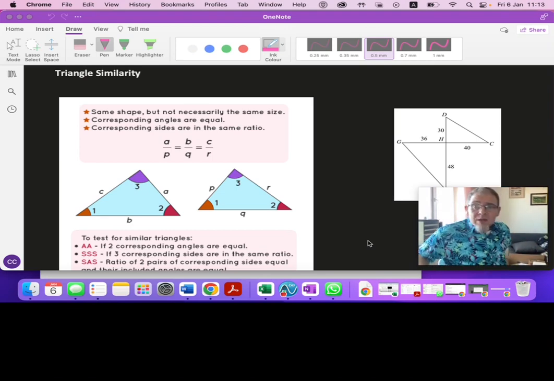Notice that when we were doing congruent triangles, angle, angle, angle wasn't one of our options. We always had to involve a side as part of our congruence proofs. Similarity is not the same. Two triangles can be similar if their corresponding angles are equal. Similarly, the side lengths that correspond to one another will in fact have the same